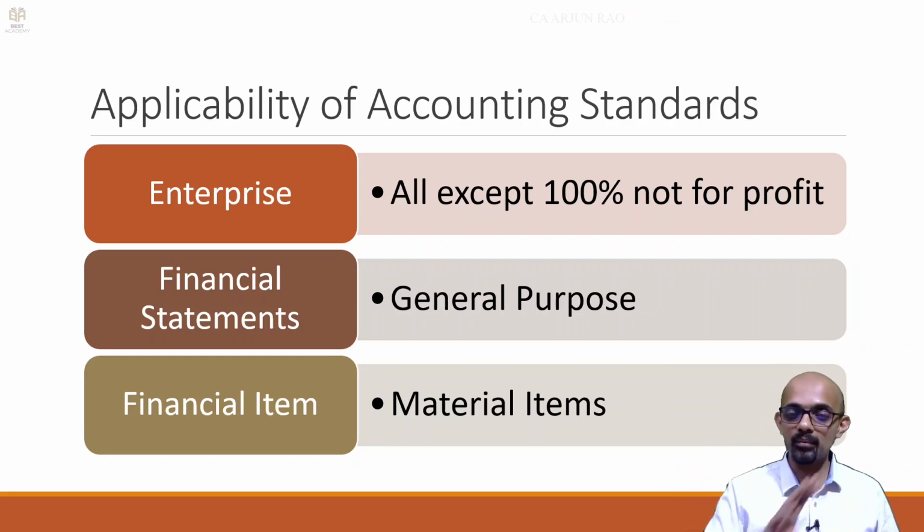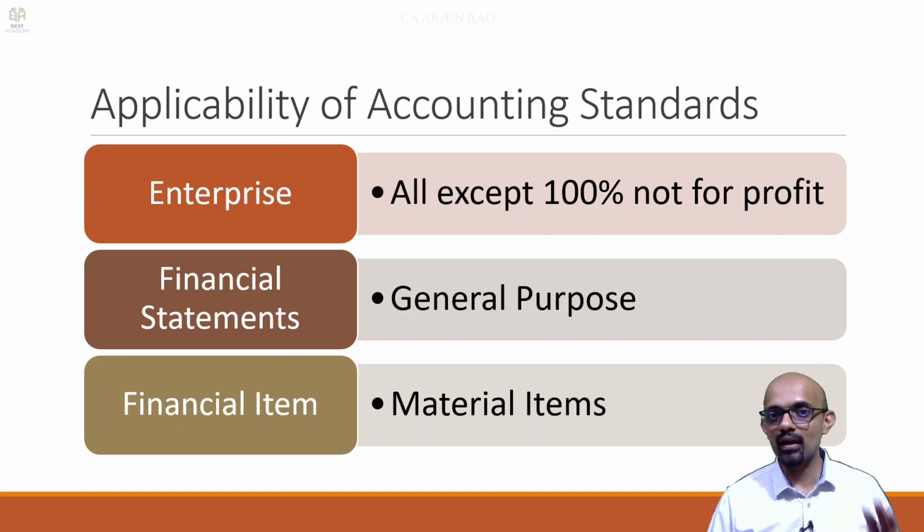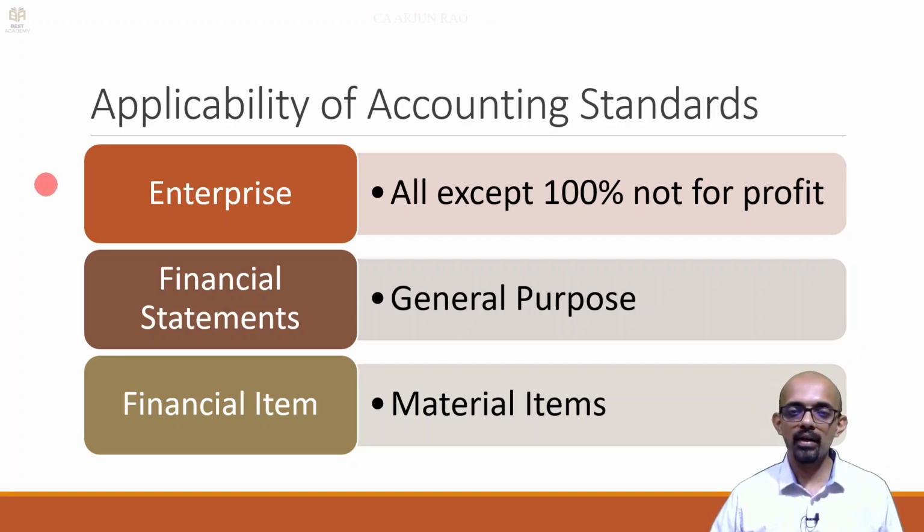The other aspect is the legal aspect. So to which entities accounting standards can be legally enforced. We saw in the case of some trusts and also for the case of companies, right? So if an enterprise is profit making or partly profit making, it has to follow accounting standards. But does it need to follow all accounting standards? Does it have any exemptions available? That is what we are going to see next.